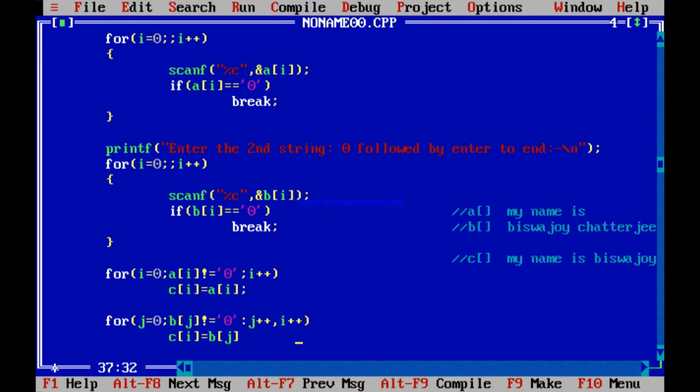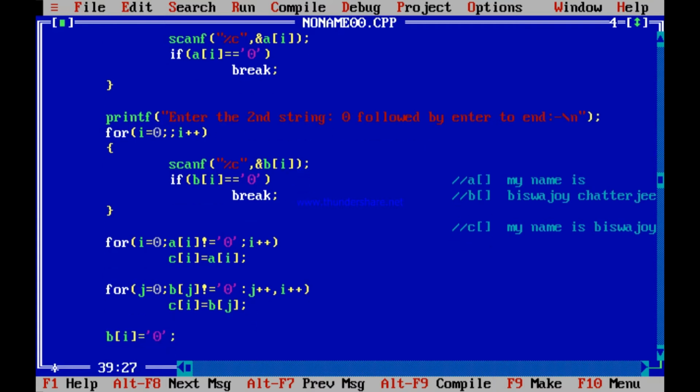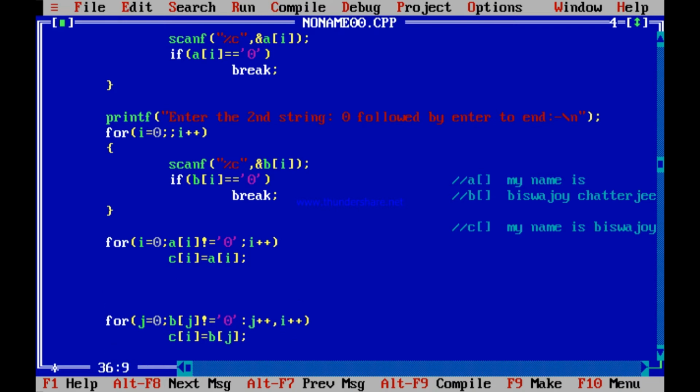Is not it so? And at the end of everything, this ci, the last ci, which you did not copy, the last ci has to be 0. I was incremented. Remember, j was incremented, I was incremented. But j reached the position where bj is equal to 0. So you break out. So I has already been incremented and containing the last position where the 0 has to be copied. So this 0 you put at the end of the string. But between these two, remember, there should be a blank space. Is not it so?